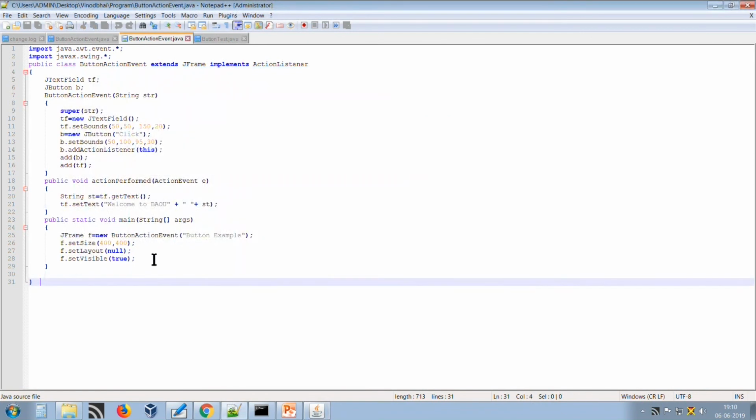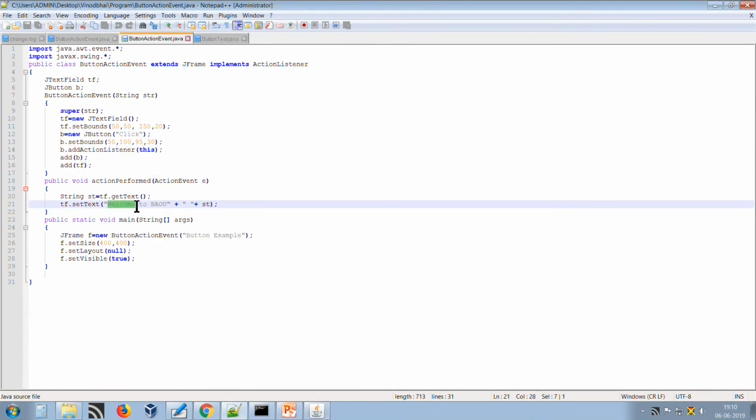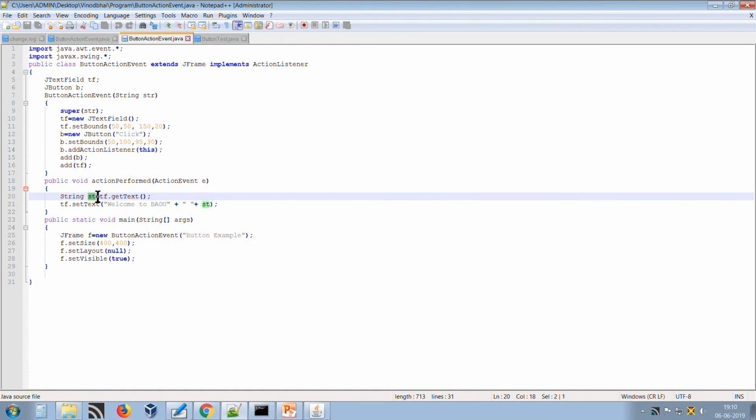That means, see here we have written the textField.setText method, and within setText we have written the message welcome to BAOU, and then we are appending another string using the plus as a concatenation operator. We are adding this st object. st is a string object in which we are retrieving the value entered in the text field using the getText method.